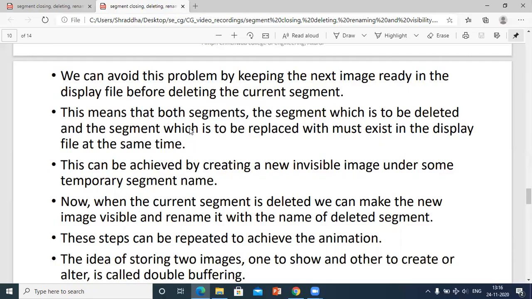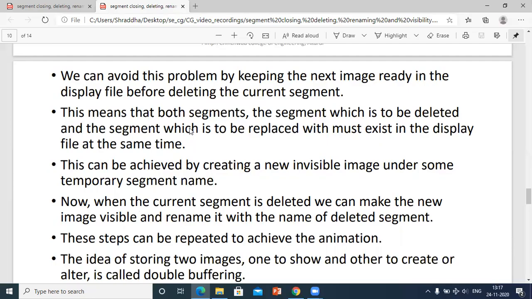This means that both segments, the segment which is to be deleted and the segment which is to be replaced with, must exist in the display file at the same time. So this will avoid the problem, and this issue will be resolved.